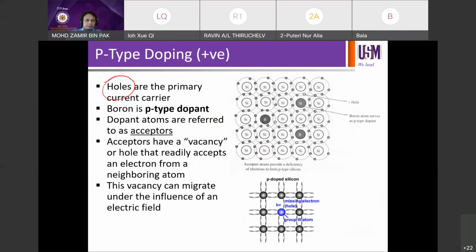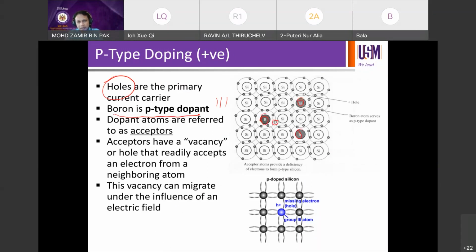In p-type doping, holes are the primary carrier. Why is it so? Boron is a p-type dopant from group 3. That means it has 3 valence electrons, bonded to silicon with 4 valence electrons. So you have to look at this boron incorporated into the silicon lattice. For every bond, you can see that there is one